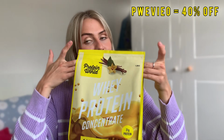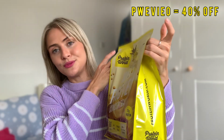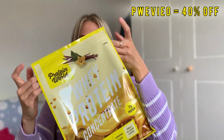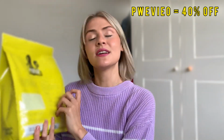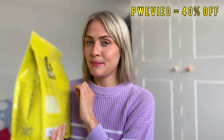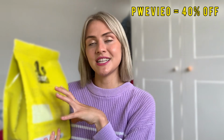But this is kind of his request, but I will be using it. It will live in England here with me, so I do use it nonetheless. But also the macros on this are insane. I think also the tropical one I ordered back at the beginning of last year maybe. It was actually the slender blend, like the meal almost replacement one, so it had higher carbs and stuff, and